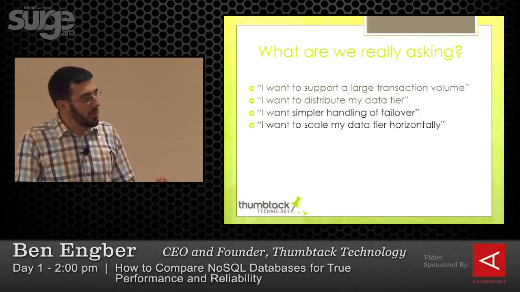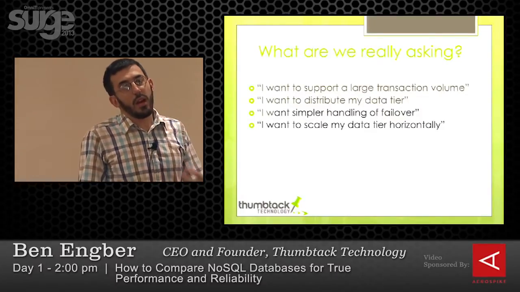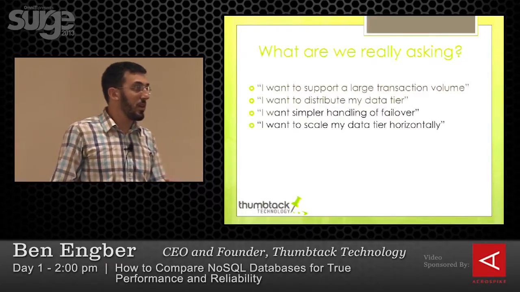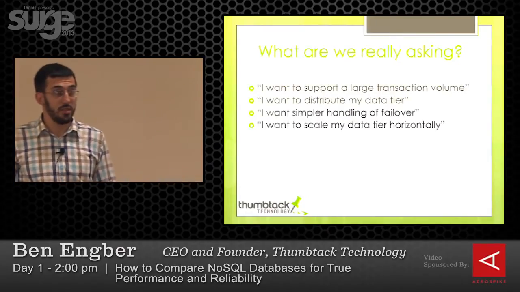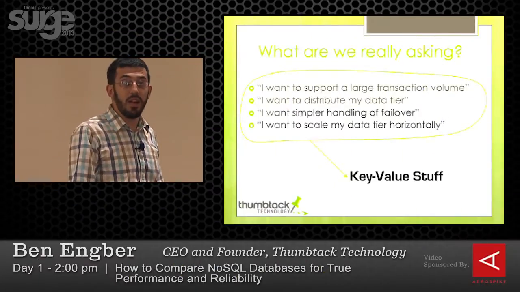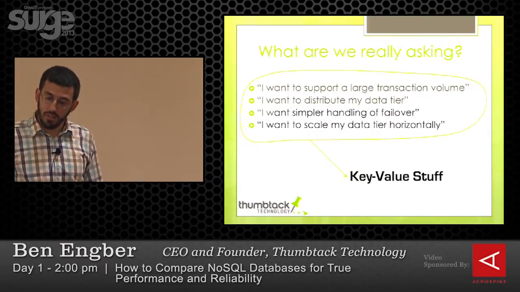And so the questions we really want to be answering here is, can it handle these large loads? Does the failover really work? What happens when nodes fail? And am I going to go crazy in operations trying to recover this system? The key thing about all these types of questions is they go to the heart, not of the individual feature sets of the database, but the fundamental question of how do we handle that distributed key value? Can we do it at speed, and can we do it reliably in the face of failure?